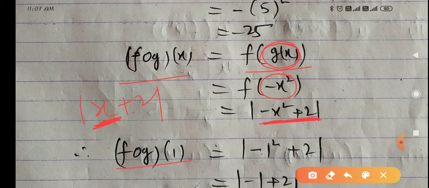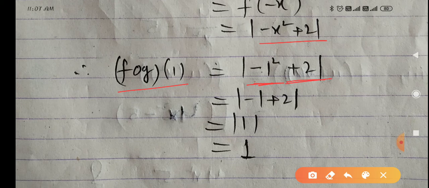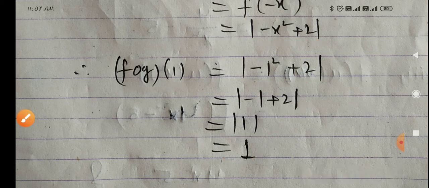Now fog(1). Fog(1) means in fog(x), in place of x, you put 1. So -1², fog(x) is |-x²| + 2. So |-1²| + 2. So |-1| + 2. |-1| is equal to 1. So that is the answer of fog(1). Next part you can see